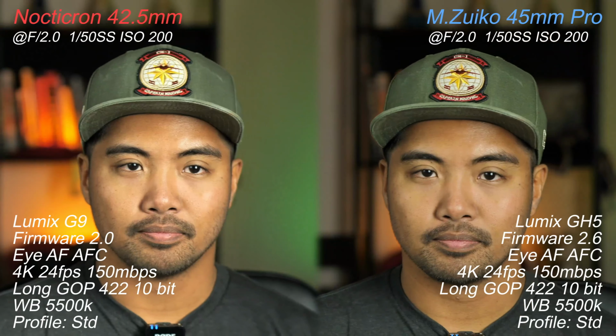Alright, so in this footage, they're both on the cameras right now. The one on your left is the one with the Nocticron, and the one on your right side is going to be the 45mm. As you can tell from the background, you'll be able to notice what the feathered bokeh looks like